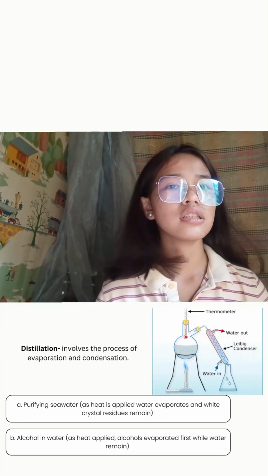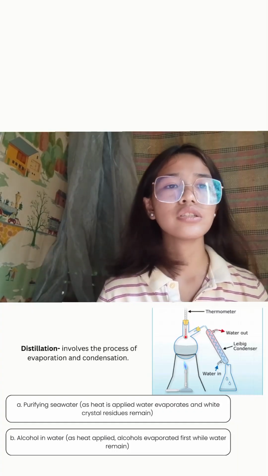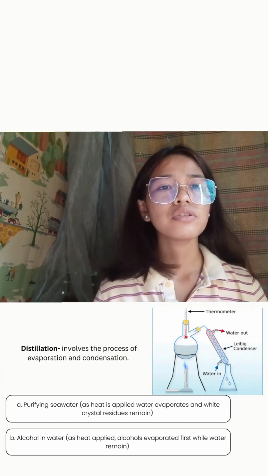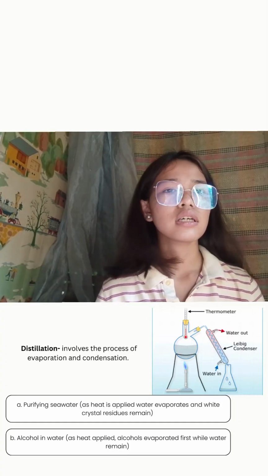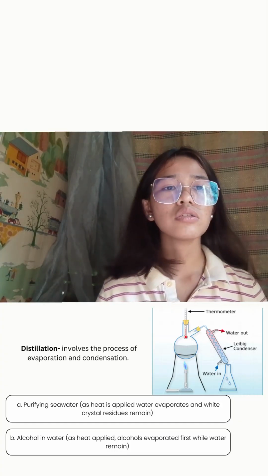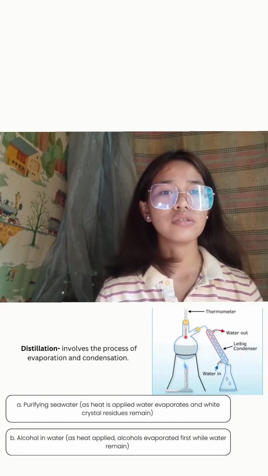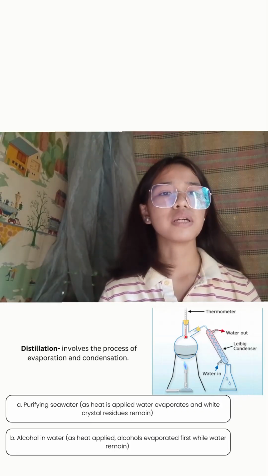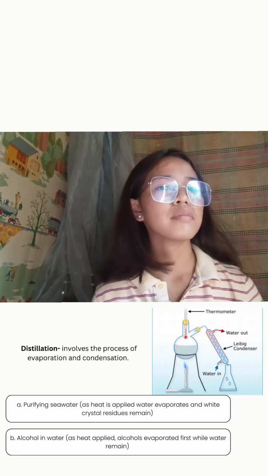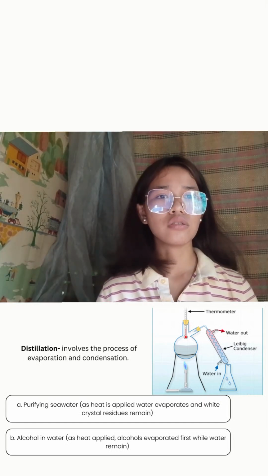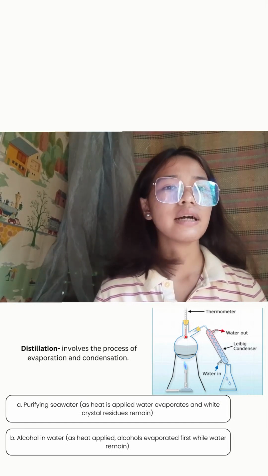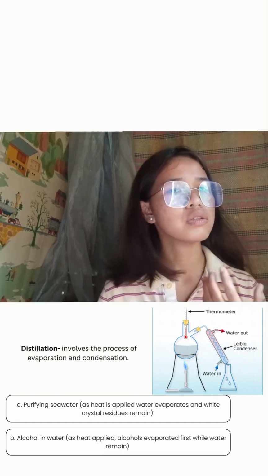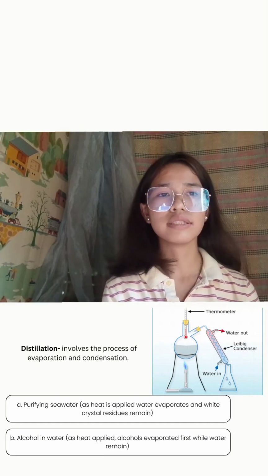So, next, we have the distillation. Distillation involves the process of evaporation and condensation. For example, purifying seawater. As heat is applied, water evaporates and white crystal residues remain. So when we say distillation, it involves the process of evaporation or condensation. For example, purifying seawater,